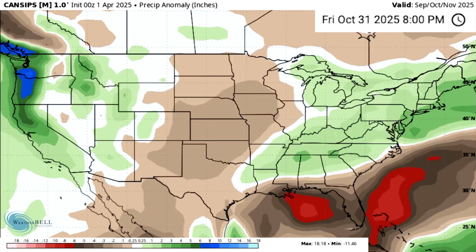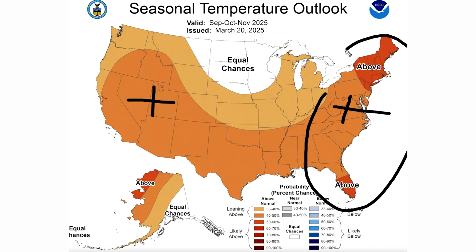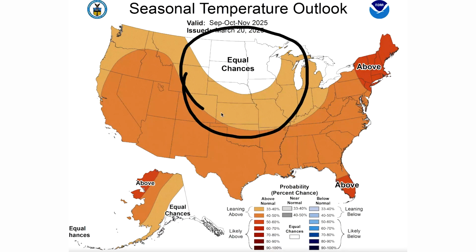Now, let's go ahead and move into what the Climate Prediction Center is calling for, basically NOAA. And when we look at the temperatures, it is quite a bit different. We do see above average in the west, but we also see quite a bit of above average in the east, and maybe arguably more above average here in the east than the west, with the coldest area maybe being these central portions, especially the north central.